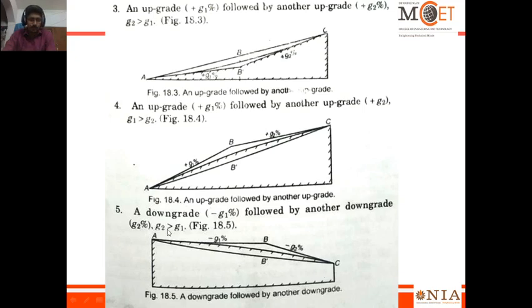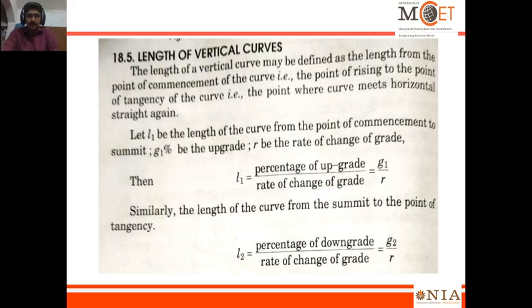Here the G2 is greater than G1. The numerical value is the percentage grade, right? So the length of a vertical curve, how can we obtain it? The length of a vertical curve may be defined as the length from the point of commencement of the curve, that is the point of rising, to the point of tangency of the curve, that is the point where the curve meets the horizontal straight again. Let L1 be the length of the curve from the point of commencement to the summit,